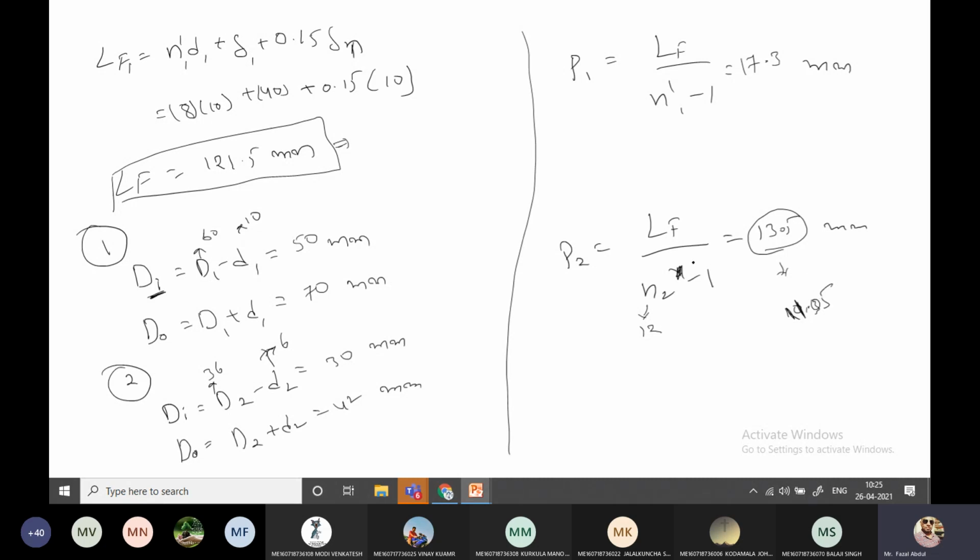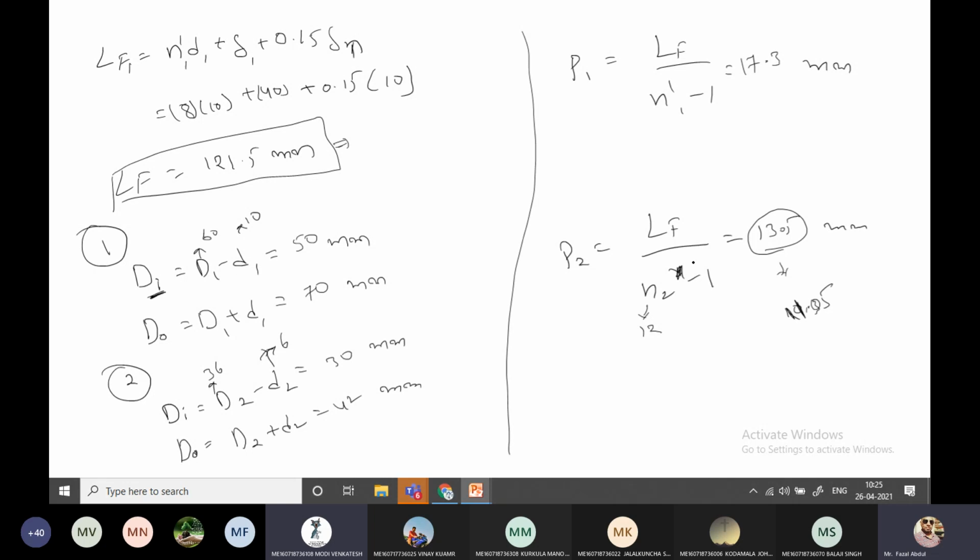Okay. So after calculating all these things, what is the final step? Do you know? In design of springs, what do we have to do after calculating all the parameters pertaining to the spring? Anybody? Please tell me the answer, Babu. I am not asking any complicated things. Drawing a spring and mentioning all parameters.